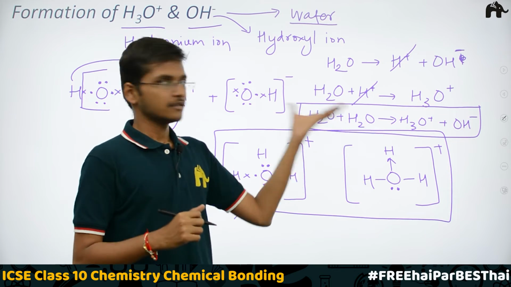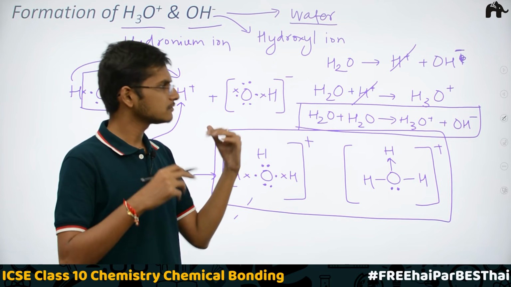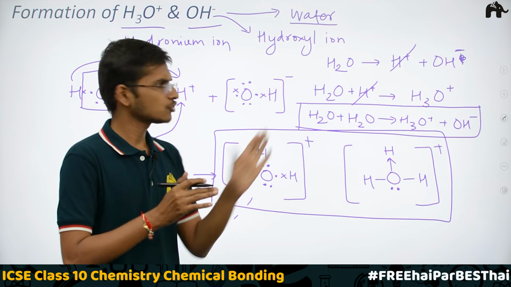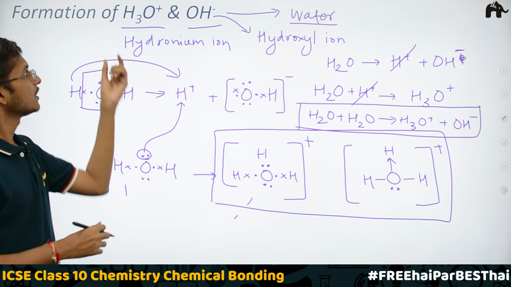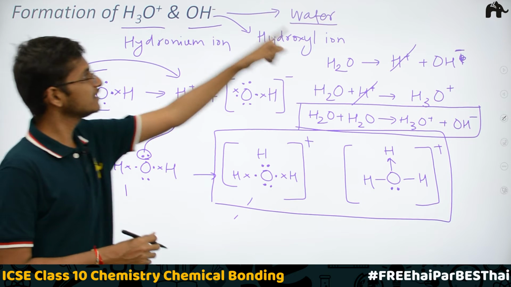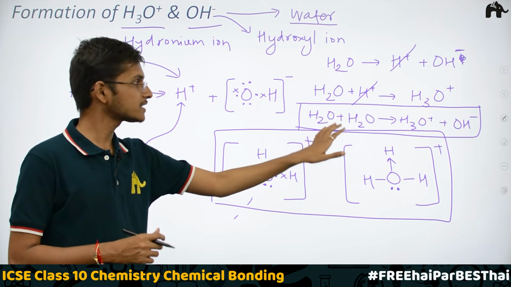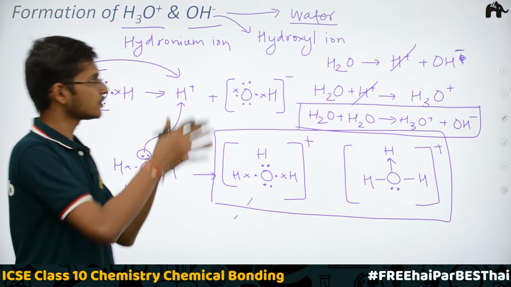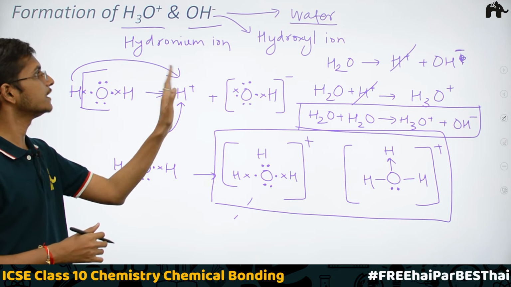Very interesting, and based on this there are many concepts which are developed, but no need to get into that detail. Just from this reaction, the formation of H3O plus and OH minus in water, we can clearly understand that water gets self ionized. Now this was all about the formation of hydronium ion and hydroxyl ion,